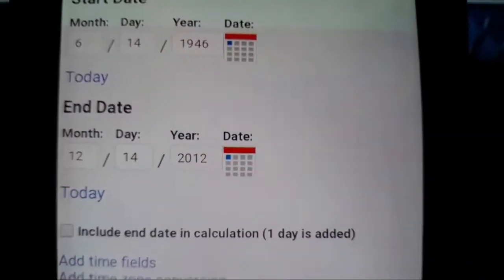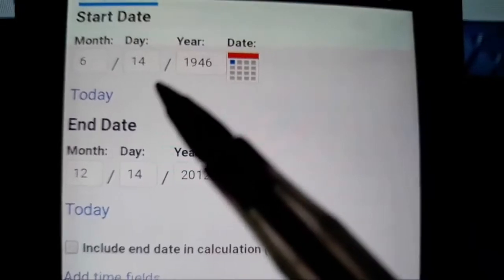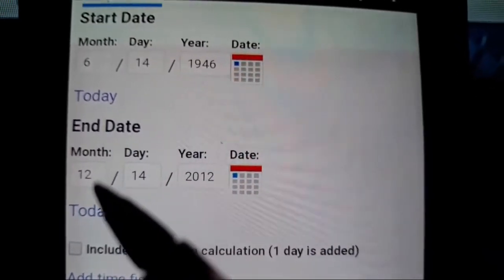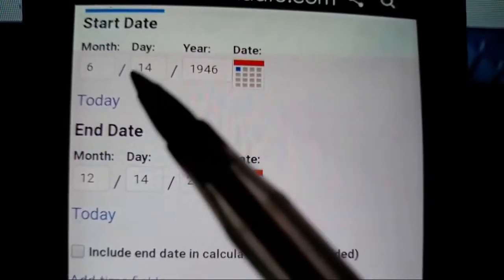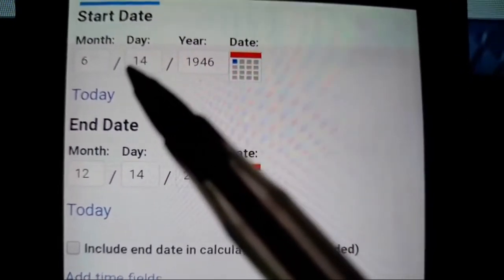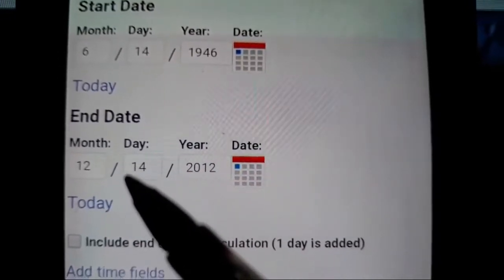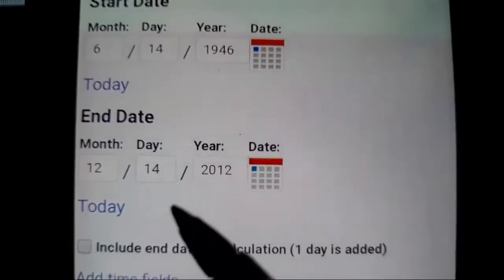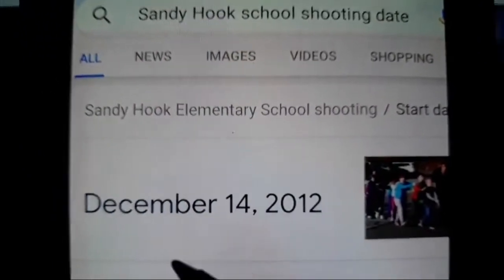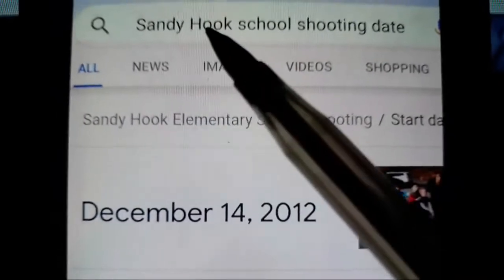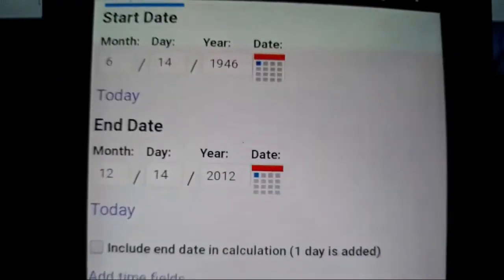What is this? Oh, let me show you this, because if you've watched my video about how on a clock 12:14 looks like 6:14 but upside down, and 6:14 is Trump's birthday and 12:14 is Washington's death day, okay? So if you take what I just showed you, this date, I don't want to say it, but this particular thing that happened, December 14th.